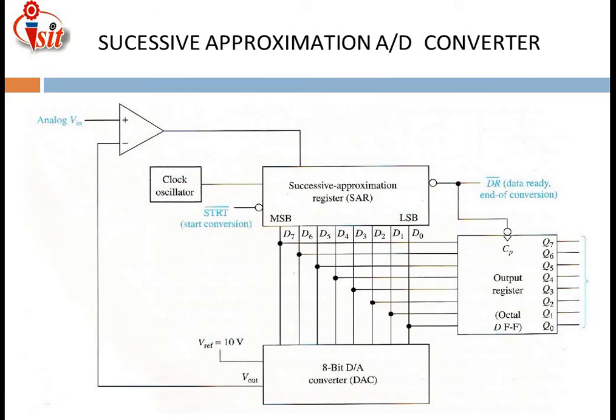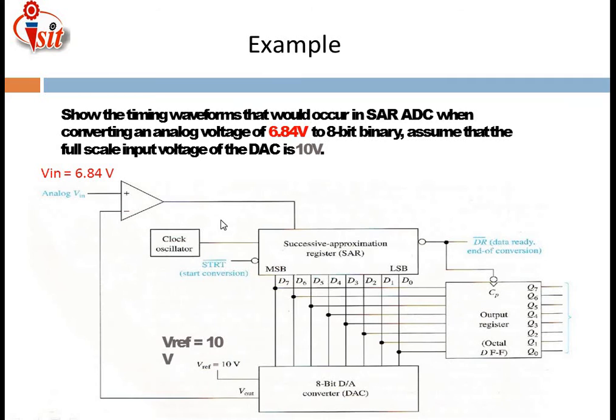That means a single bit will be converted. The output related to this has 8 bits at a time, not a single output generated here. And then, for that example, show the timing waveform that occurs in the successive approximation register,